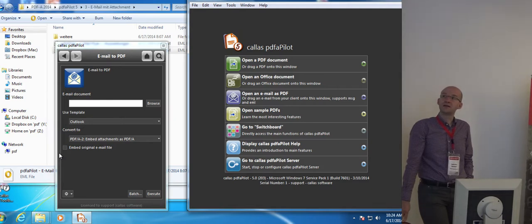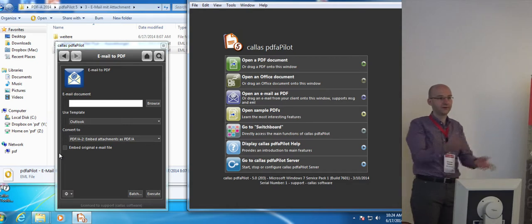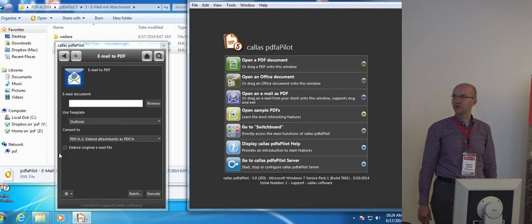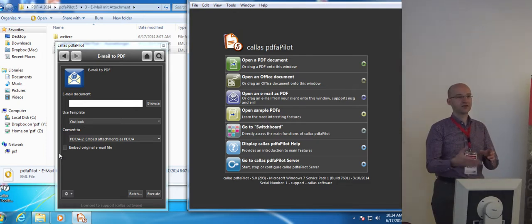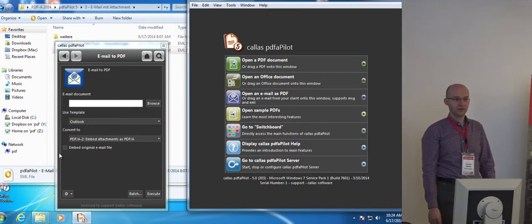In the CLI and in the libraries, we have, of course, very flexible whitelisting and blacklisting to handle different kinds of attachments, to convert them or not convert them. In the next version we have the possibility that attached zip files will be extracted and also included in the email PDF.